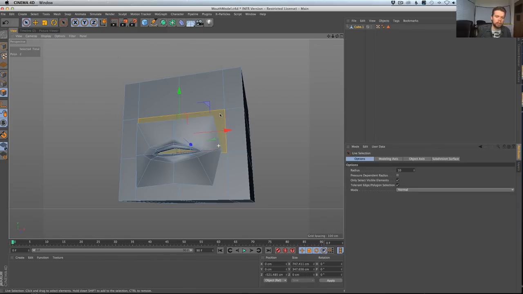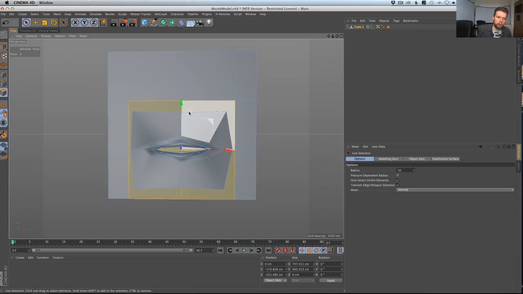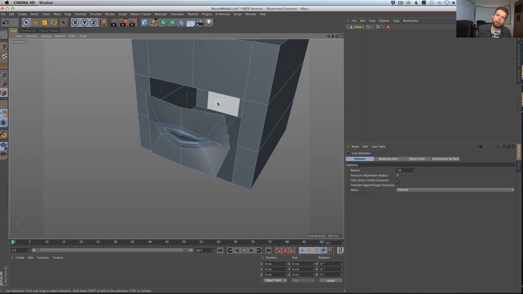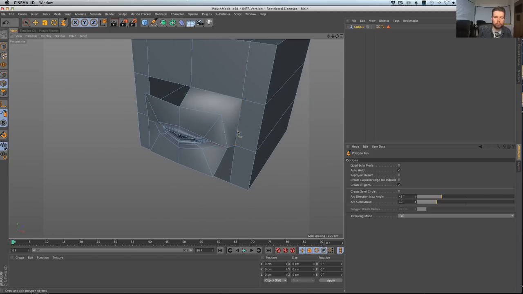Now I'm going to delete out these polygons, which you'll see have the same number of points that my mouth has, so I can delete all those out. Could we bridge that? I don't think we could. But I'm going to use the polygon pen tool because it's super quick. M E is a shortcut. If I'm in edge mode and hold down Command, Control, you can see I can just drag out these polys super easily, which is great.